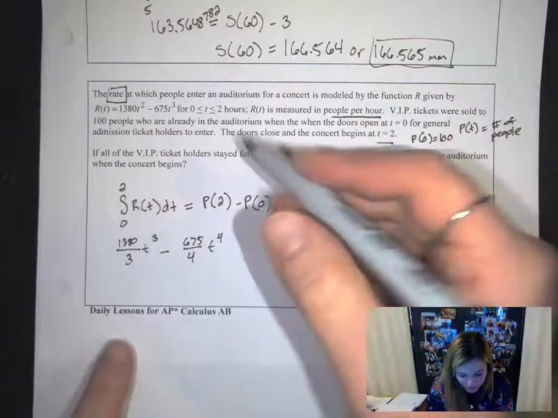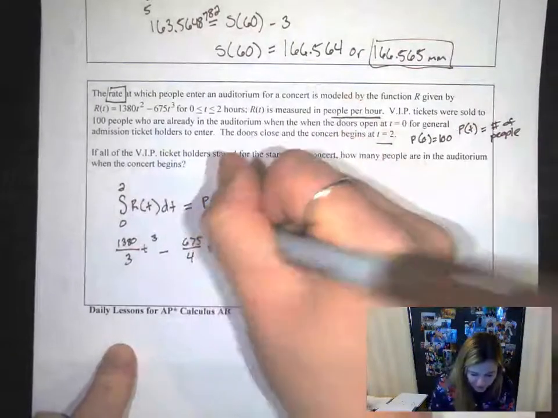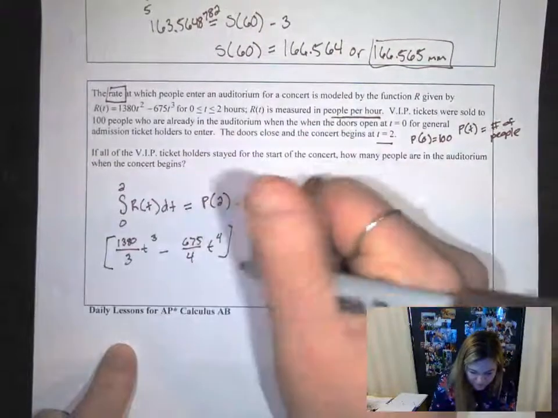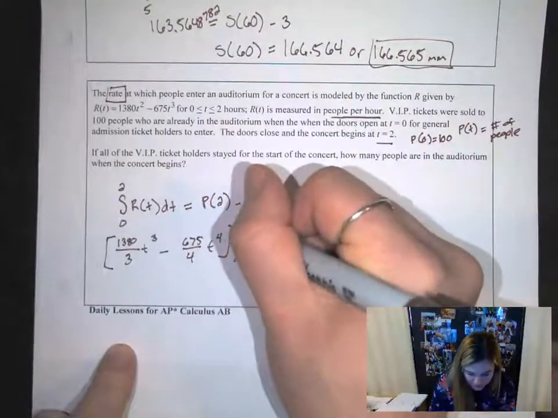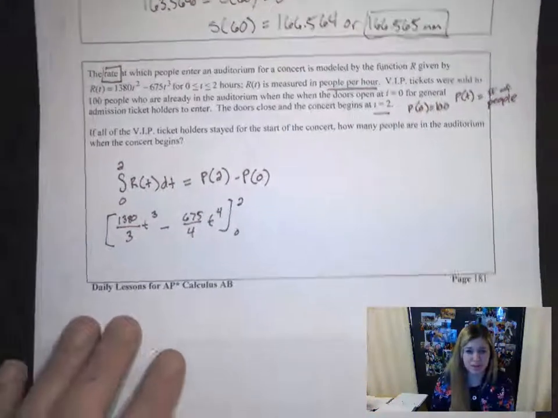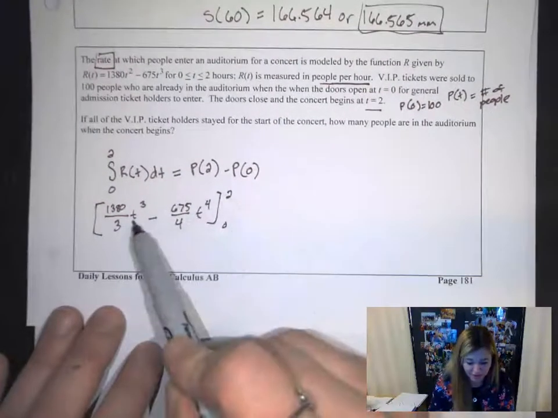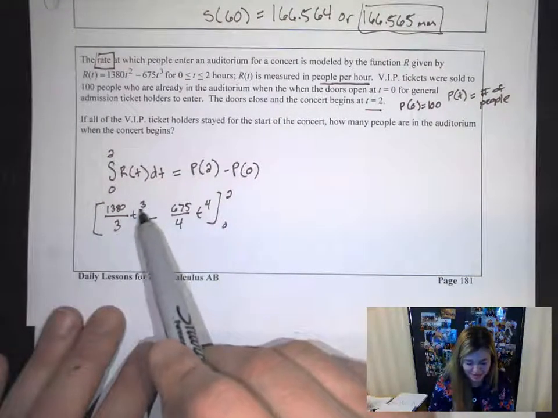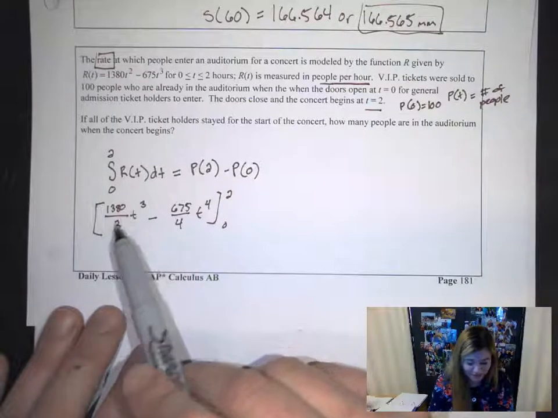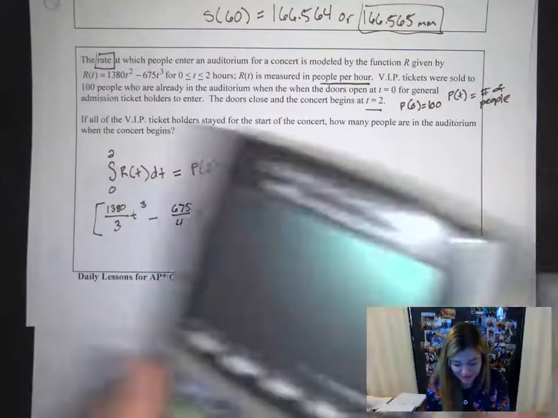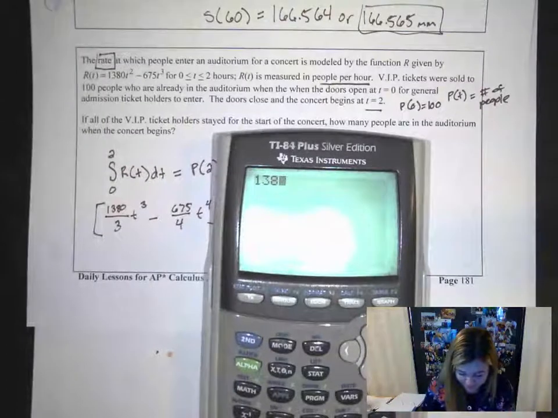And then I would want to evaluate this from 0 to 2, so I could put in 2 here. 2 cubed is 8. This seems awful anyway, because I would do 1380 times 8 divided by 3